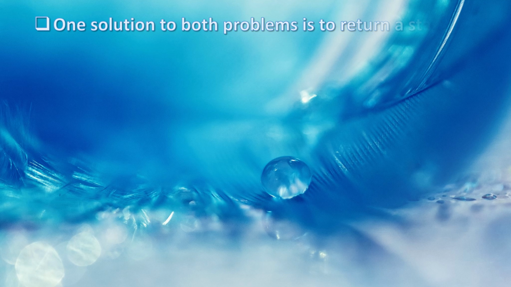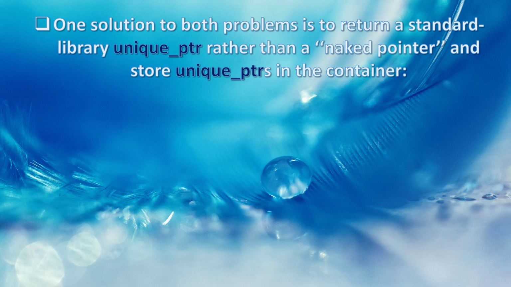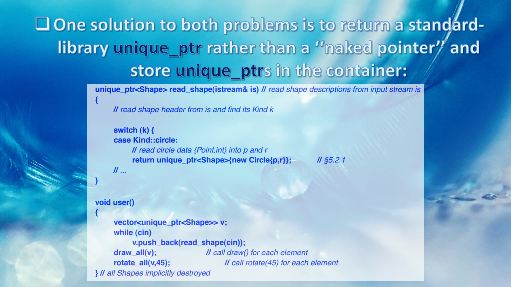One solution to both problems is to return a standard-library unique_ptr rather than a naked pointer, and store unique_ptrs in the container. unique_ptr<Shape> read_shape(istream& is) // read shape descriptions from input stream is. Read shape header from is and find its kind k. switch (k) { case Kind::circle: // read circle data {Point,int} into p and r. return unique_ptr<Shape>{new Circle{p,r}};